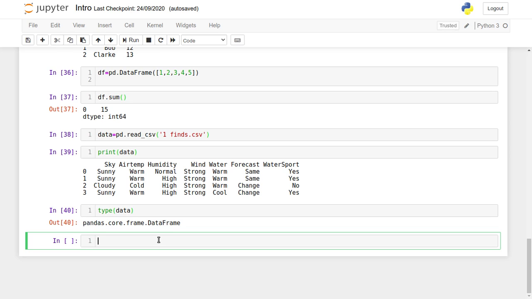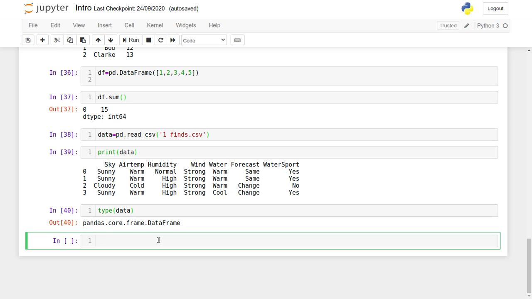So let us see how to use matplotlib on Jupyter. Matplotlib can be installed using the pip command, that is pip install matplotlib.